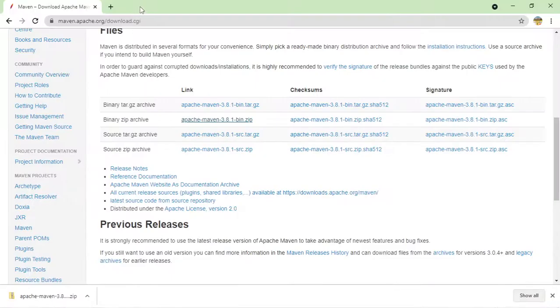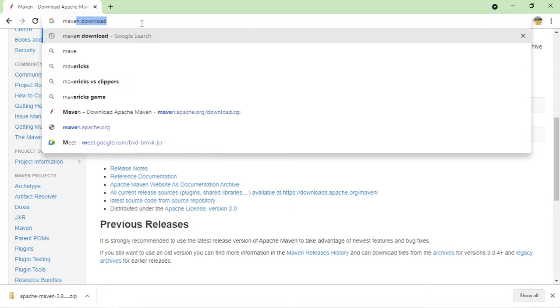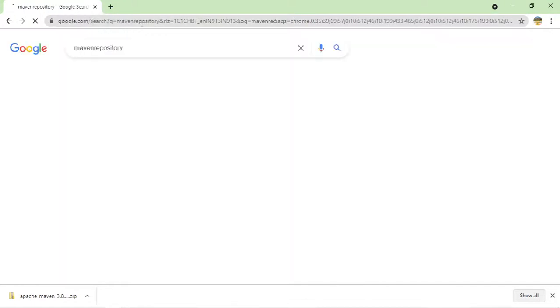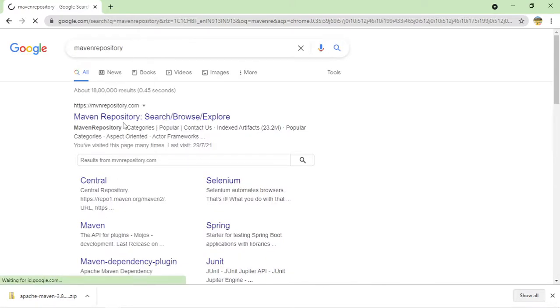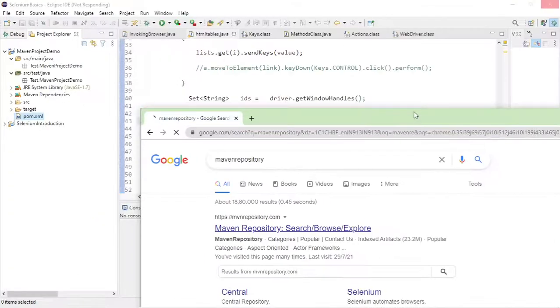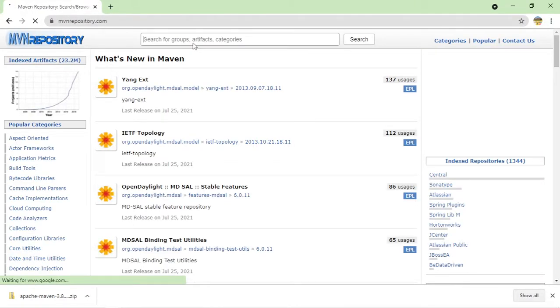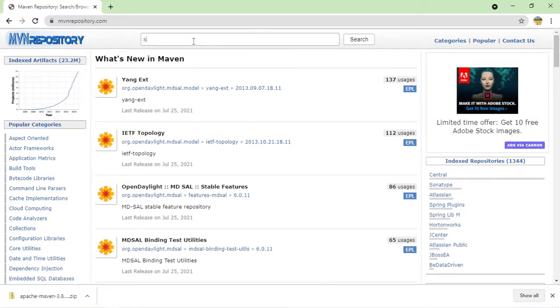So the website name is Maven repository, right? Just search it and go to the first link. And here, suppose I need to work with Selenium, right? So we are working with Selenium Java, right?